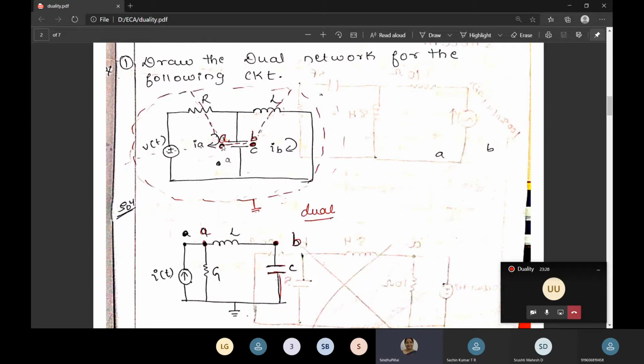So what is important is to see how many meshes are there, and accordingly draw the nodes. After drawing the nodes, you name them A and B. And then trace all the elements, and don't forget to put this circular network around the given circular mesh, around the network, and it is used for the ground connection.